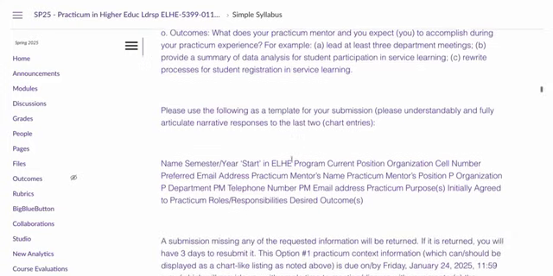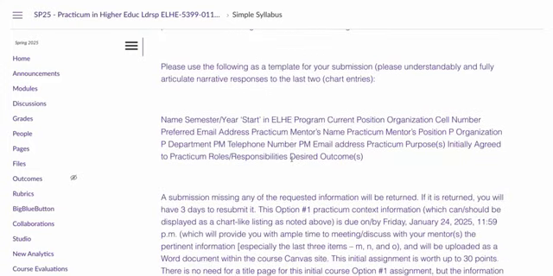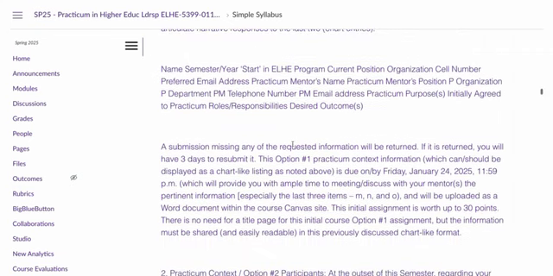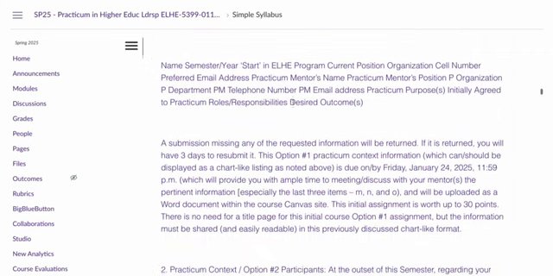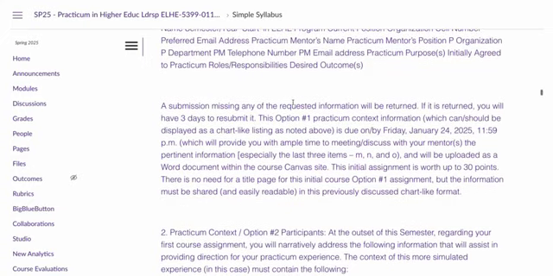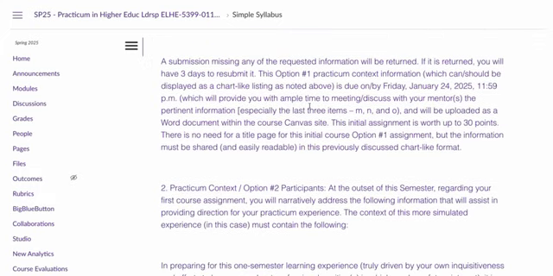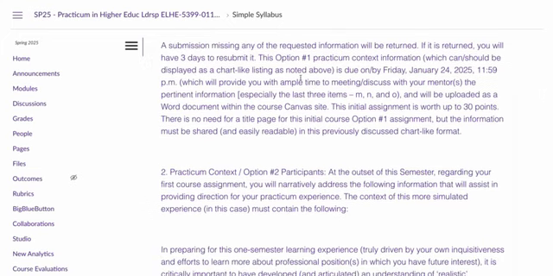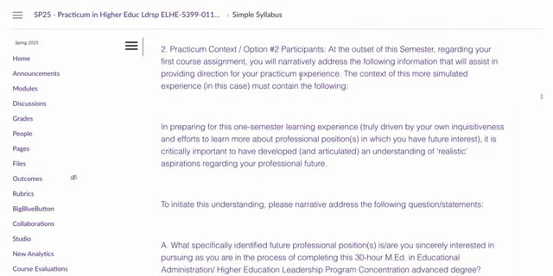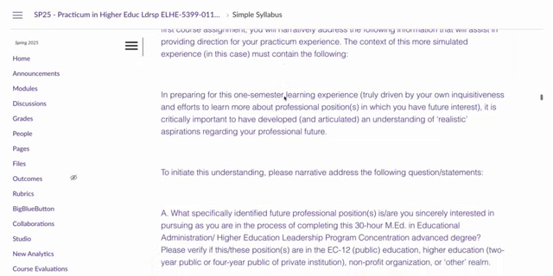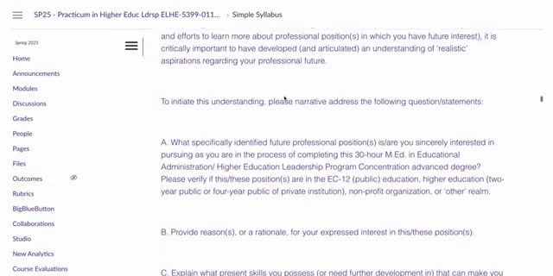So, all right, this is information again about the practicum context. All right. So in the event I return it to you, if there's some problems, you can return it in 3 days. If you're in option 2, you'll also submit a practicum context, and so it's formatted just a bit